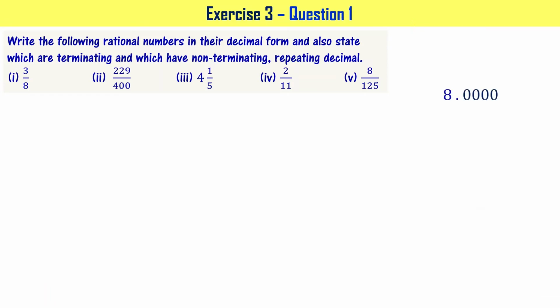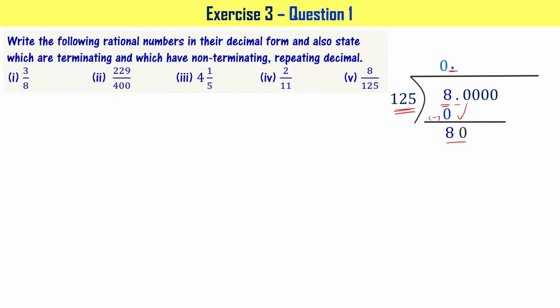Let me write 8 as 8.0000 and so on. And let's divide that by 125 using the long division method. Look at this. 8 is a smaller number than 125, right? Let me write 0 times 125 equal to 0. When I subtract that from 8, I have 8. Now we have a dot here, so we have to put a dot here. Let's do that. Then bring the first 0 down, right? This has become 80. Look at this. 80 is also smaller than 125, right?